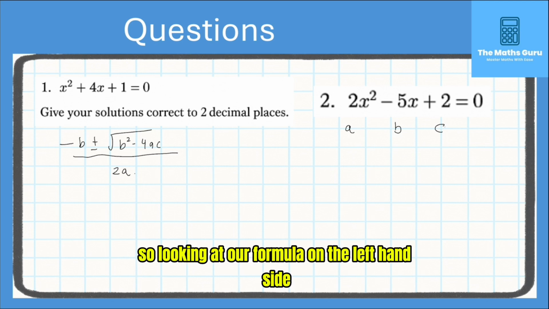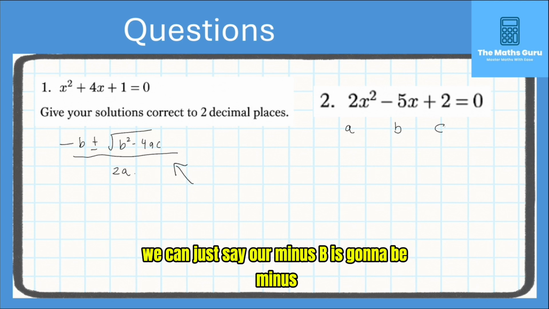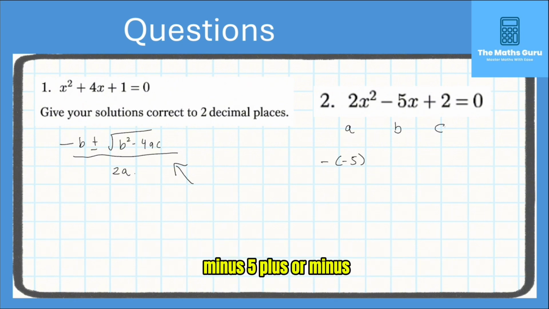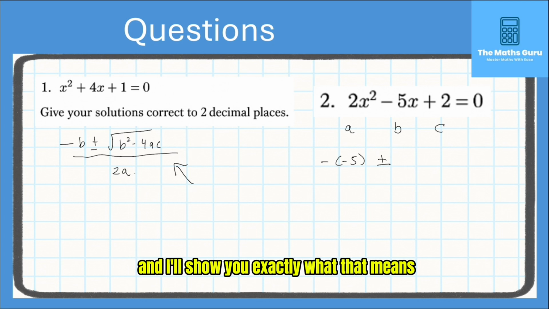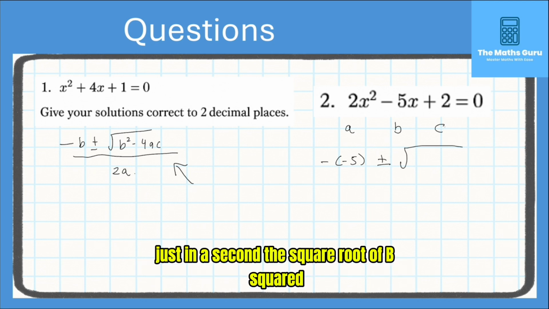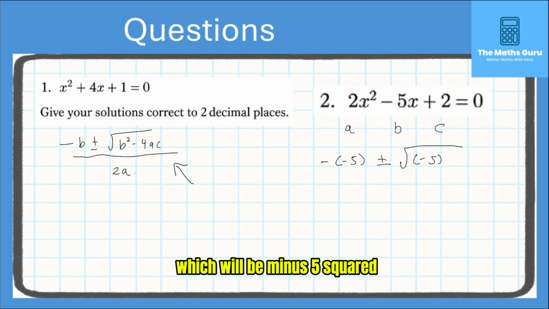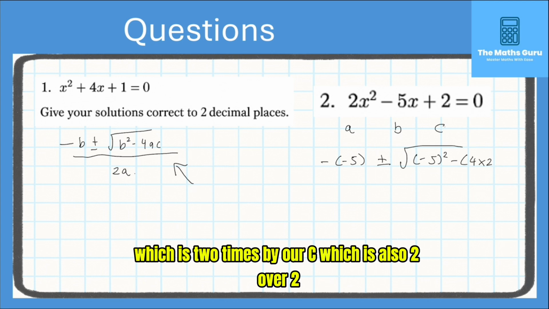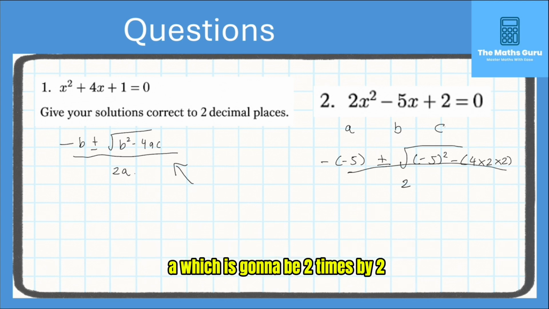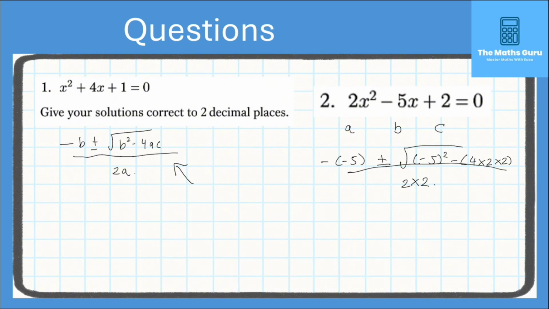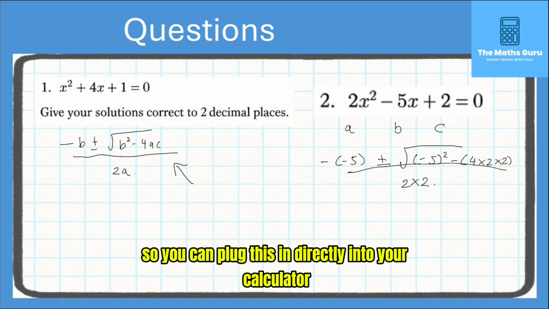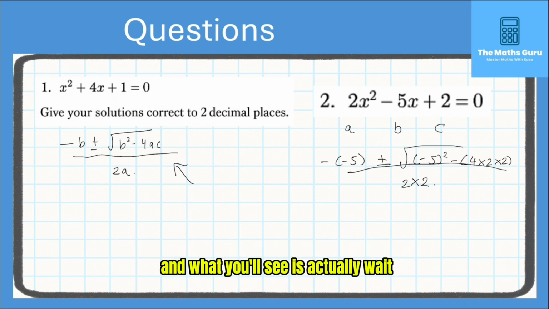So, looking at our formula on the left-hand side, our minus b is going to be minus minus 5, plus or minus, and I'll show you exactly what that means in a second, the square root of b squared, which will be minus 5 squared, minus 4 times a, which is 2, times our c, which is also 2, over 2a, which is going to be 2 times 2. So you can plug this in directly into your calculator, and what you'll see is, actually, wait, let me explain